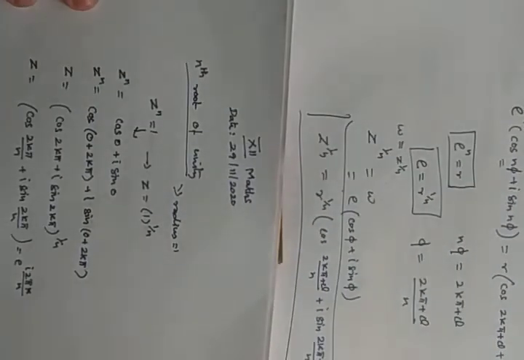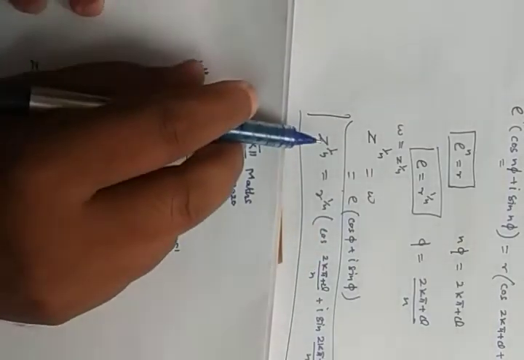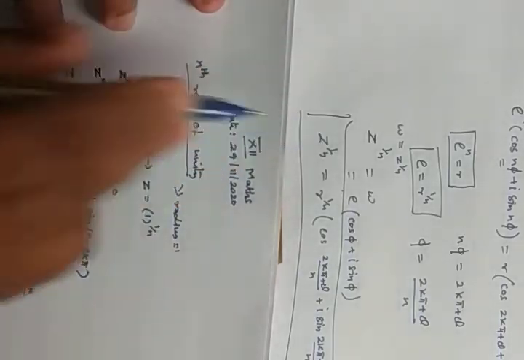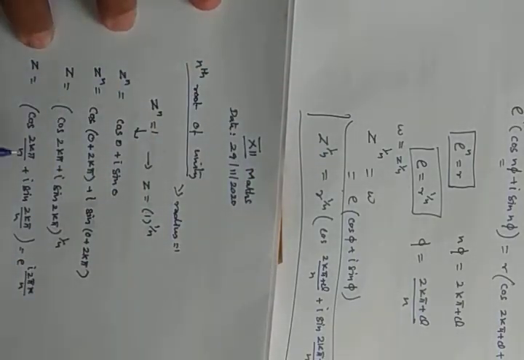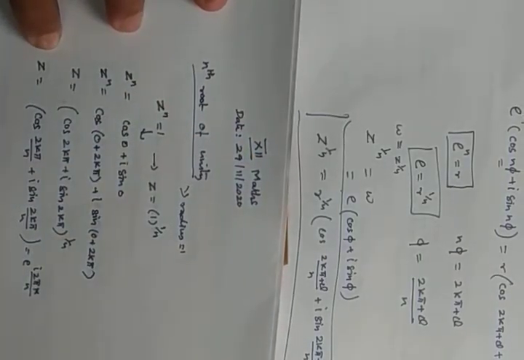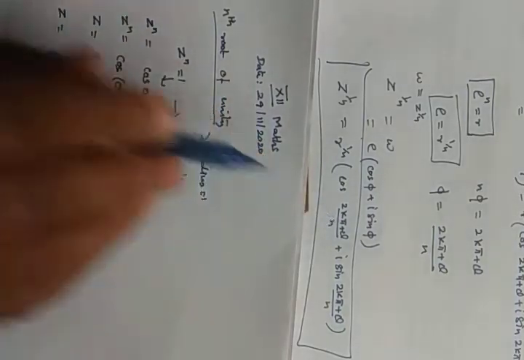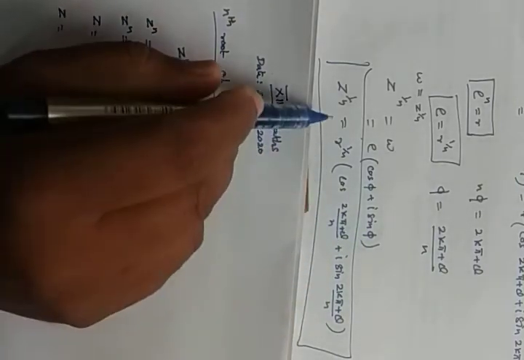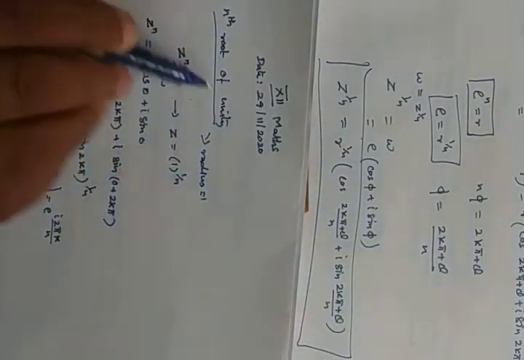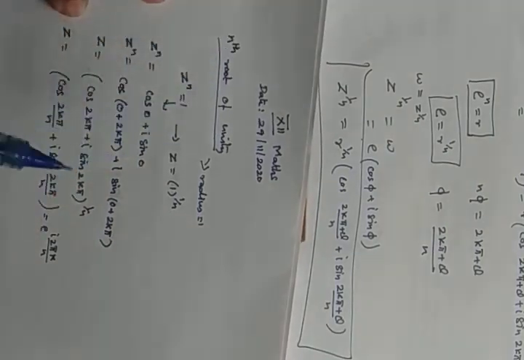Is it clear? You can see the difference between this equation and that equation. This is the nth root. Obviously I have taken z power n, both are the same, and I am taking the nth root, so the value is the same. Here r power 1 by n is there, but here r is not there. Why? Because its magnitude is 1. Here 2k pi plus theta by n is there, but here it is 2k pi by n, with no theta. Why? Because theta's value is 0 here. The general case has the r value and the theta value, whereas here the r value is 1 and the theta value is 0, when we say it is unity. So keep the nth root of unity in mind.